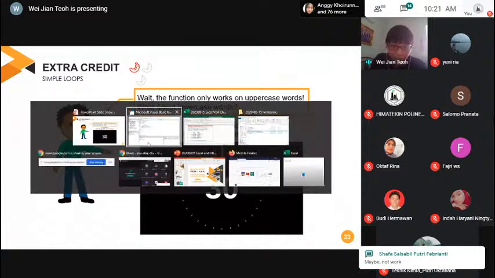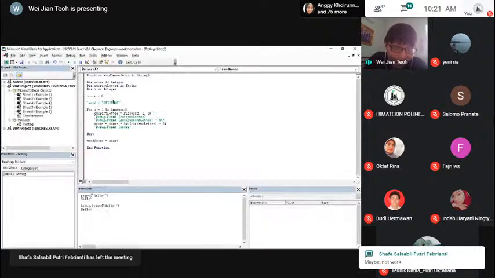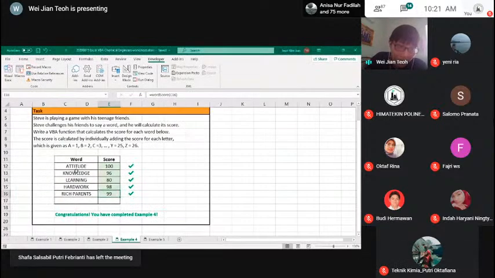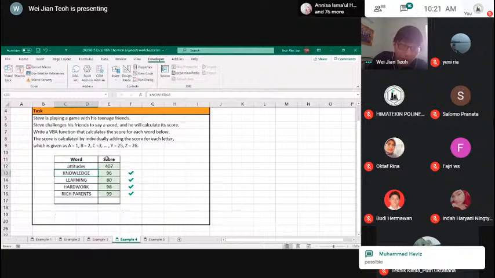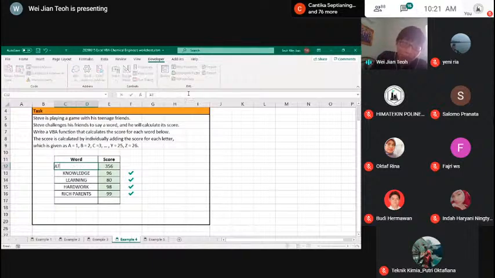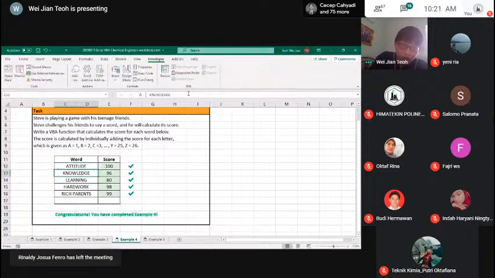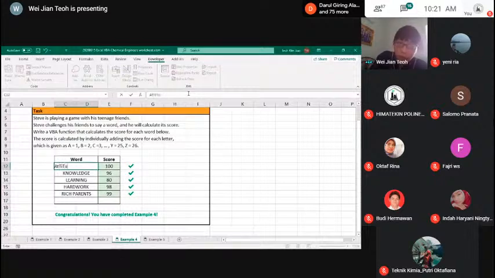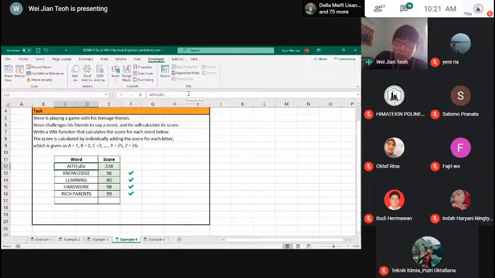Let's go back to Excel and let's brainstorm a bit on how to do this. So we can see that this word must be a capital letter word. So let's say I use small letters. I answer 407, which is obviously not correct, it should be 356. So the problem is that in VBA, upper and lowercase letters are considered as different things. So if I put back capitals, I get 100. If I put a mixture, I also get a different score. So this shows that in VBA, they consider upper and lowercase letters different things.